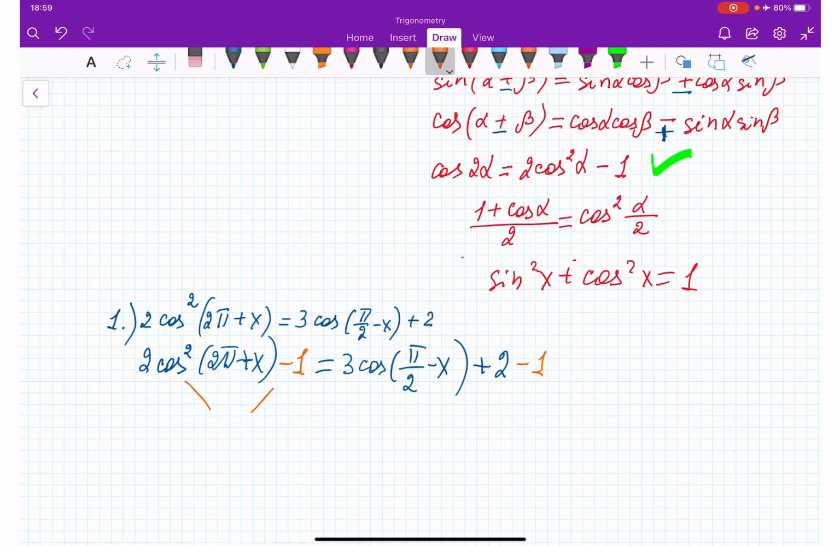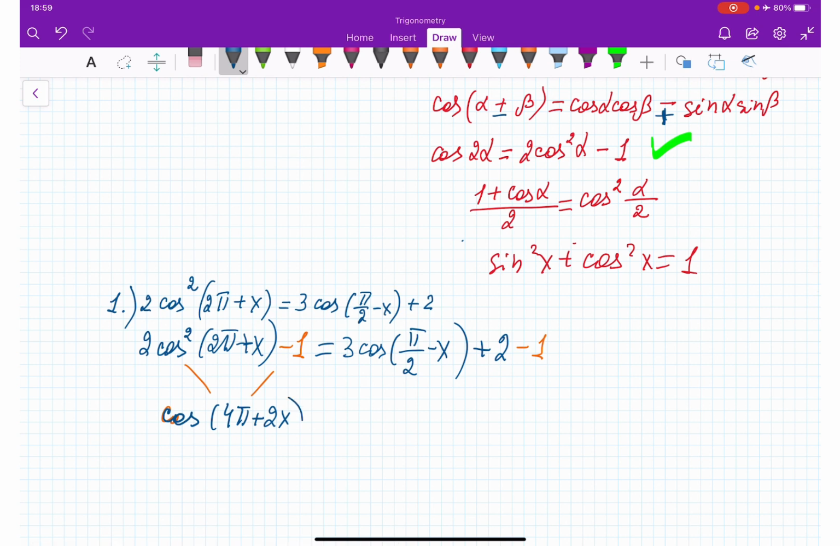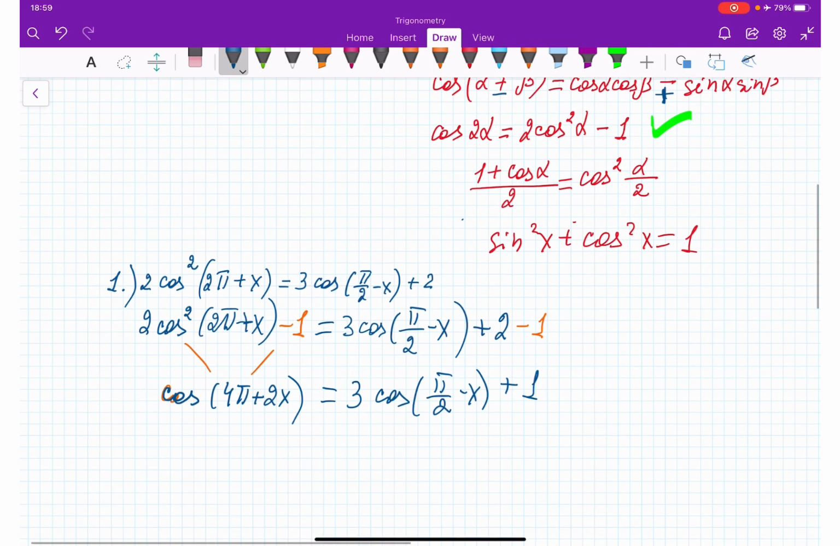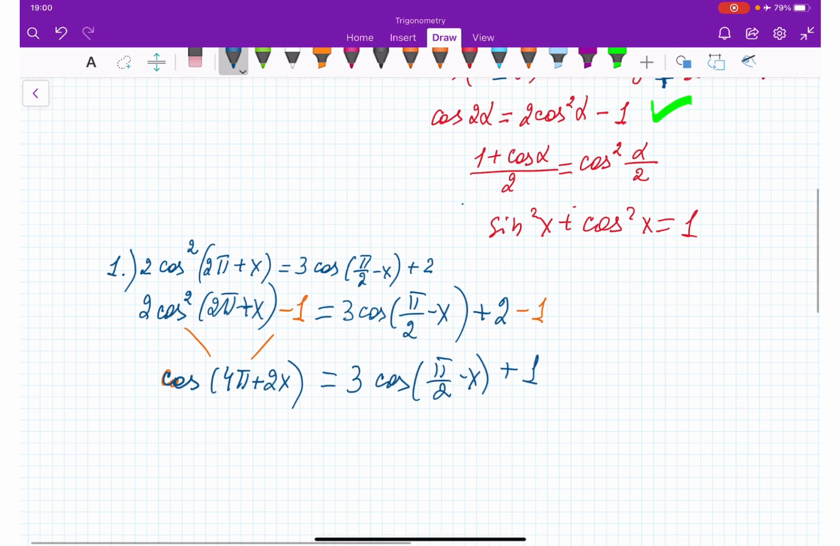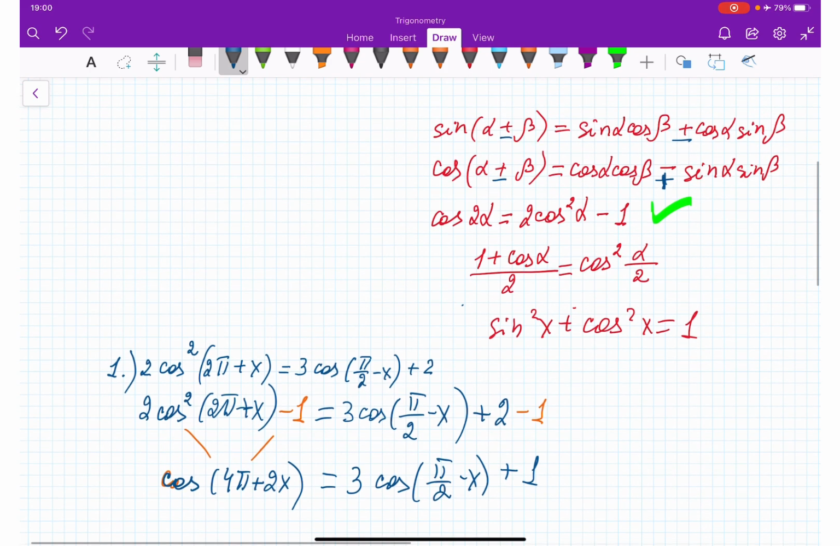I'm going to get cosine (4π + 2x), and that is equal to 3 cosine (π/2 − x) plus 1. Yes? Okay, so now for cosine (4π + 2x), I'm going to apply this formula,